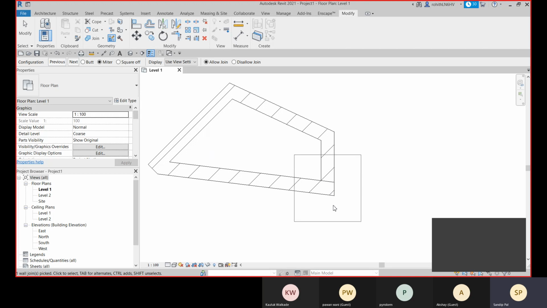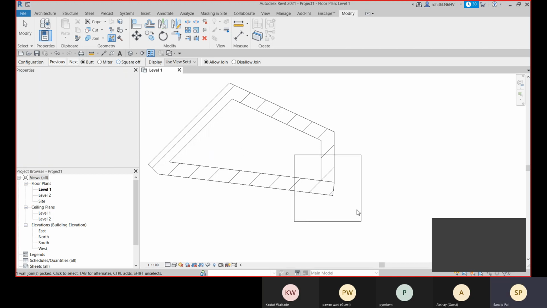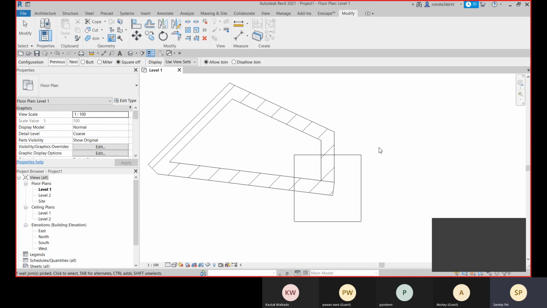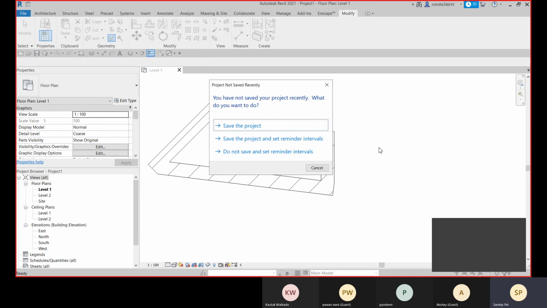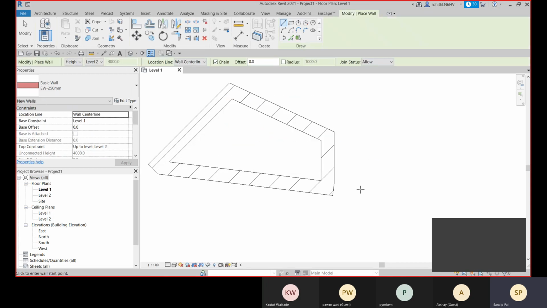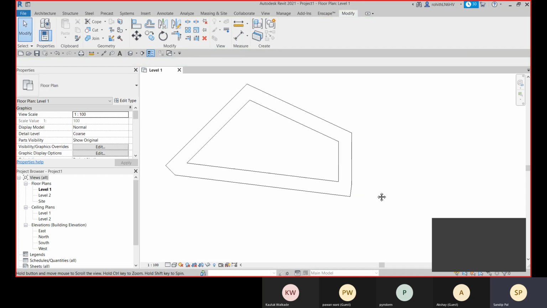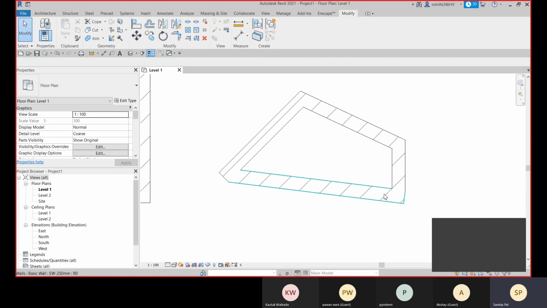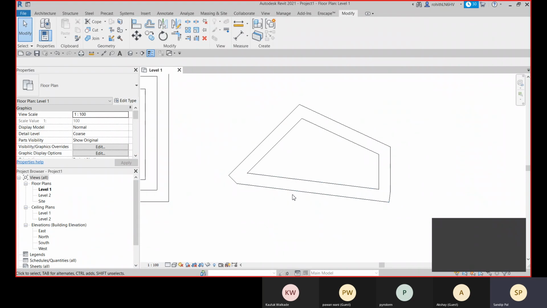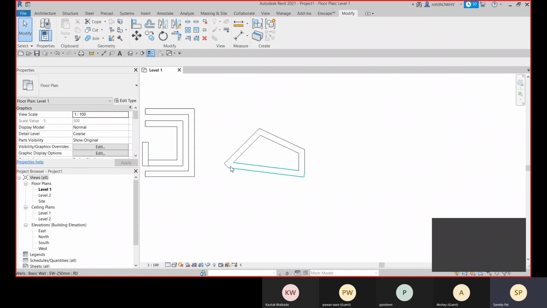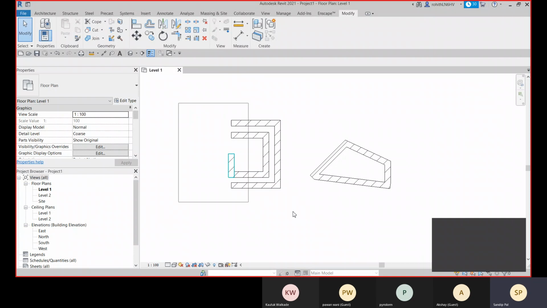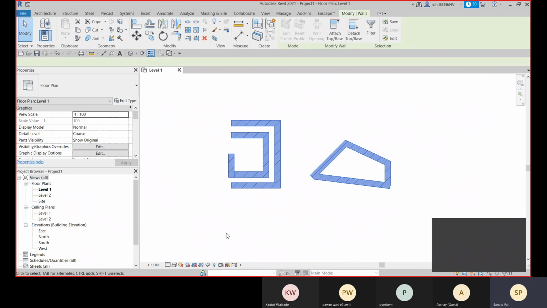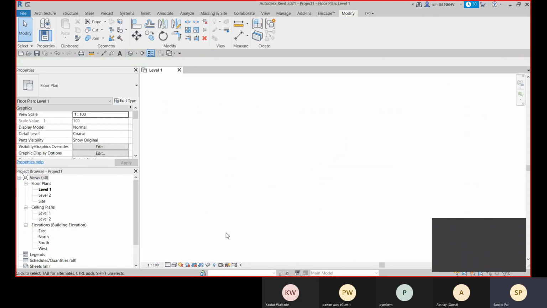When you click, this box will be fixed, and then you can change it to square off. Then you can press enter or escape, and that is created. So we can create our walls and define our joints. This is about the basic wall.